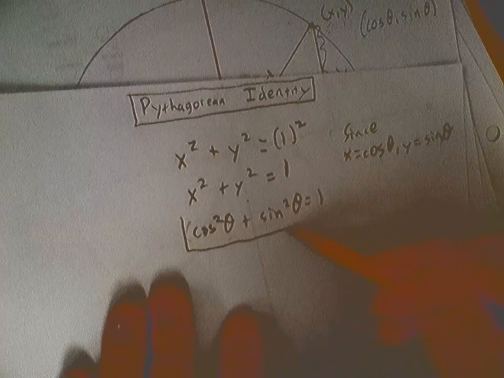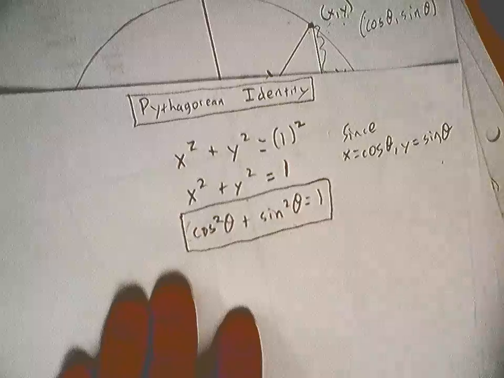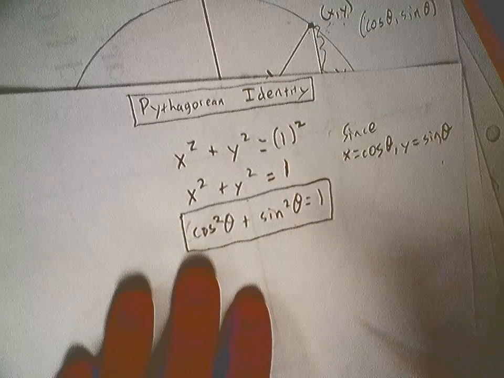And this is what we call the Pythagorean identity. And this is what we're going to use to help us solve problems